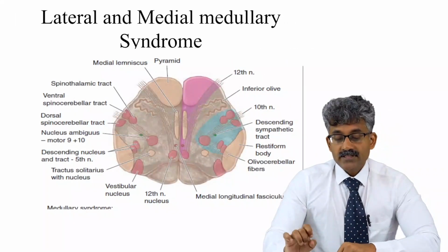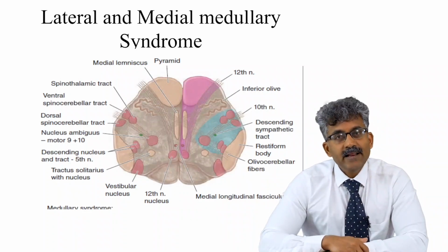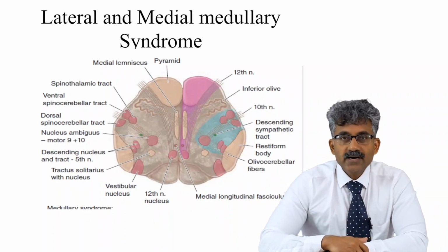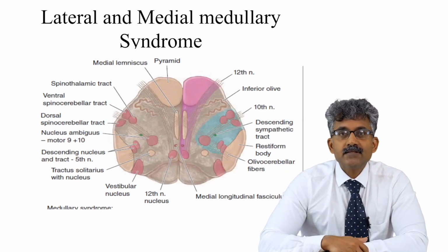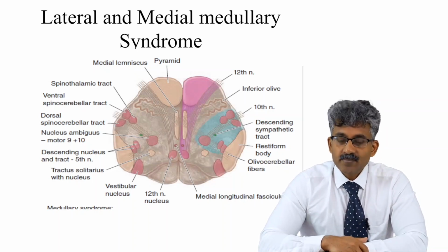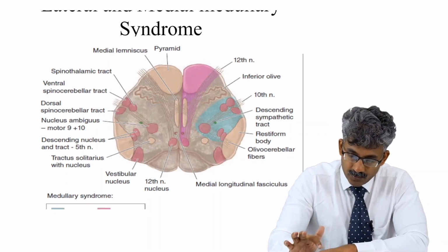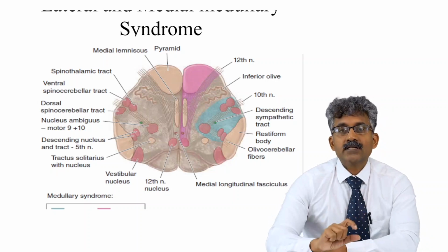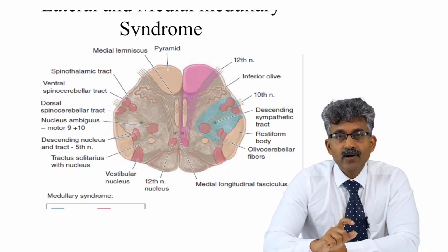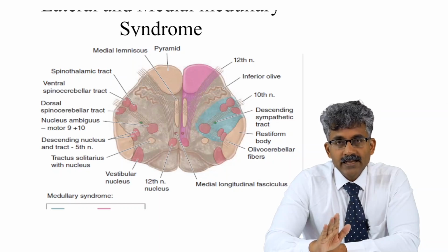Now I'll discuss first the medullary syndromes, the lateral and medial medullary syndrome. Very important, students. Lateral medullary syndrome is a main case. If it is there, they'll keep it for the PG exam. It is a PG case, so you should know about that. First you should know the anatomy. What are the structures present in the lateral part of the medulla? If you know the structures present in the lateral part of the medulla, then it is easy to